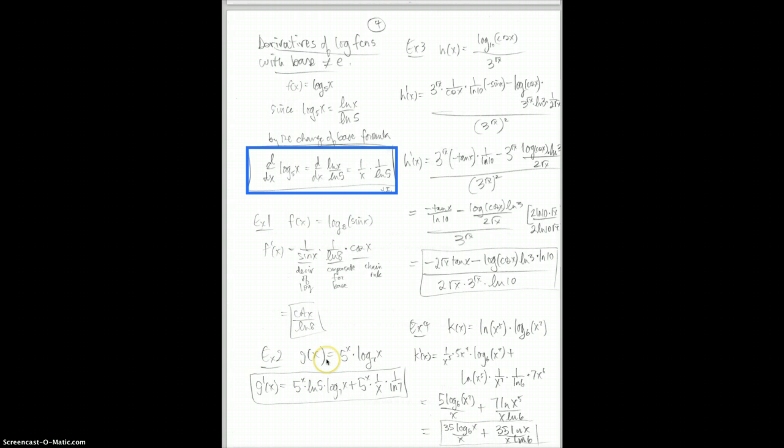Example 2. The derivative of 5 to the x times log base 7 of x is 5 to the x times ln of 5 times log base 7 of x left alone, plus 5 to the x left alone times 1 over x times the compensator 1 over ln of 7 to take into account that you're not base e, you're base 7. I'm going to leave these other examples for you to consider on your own